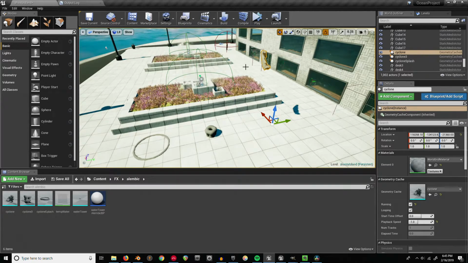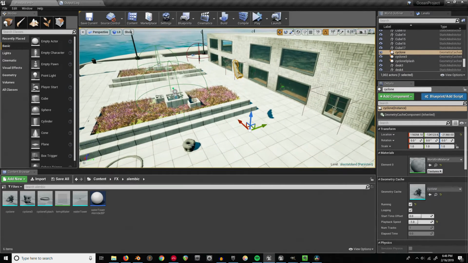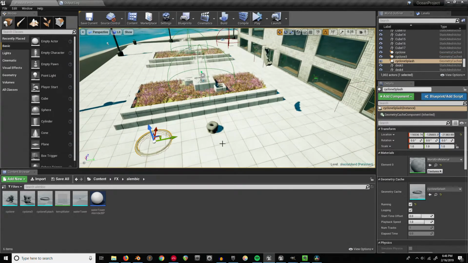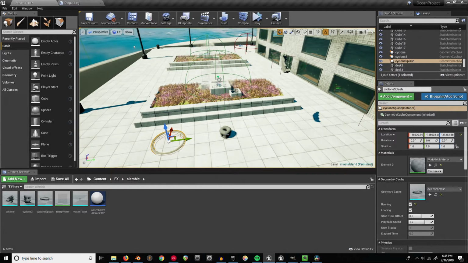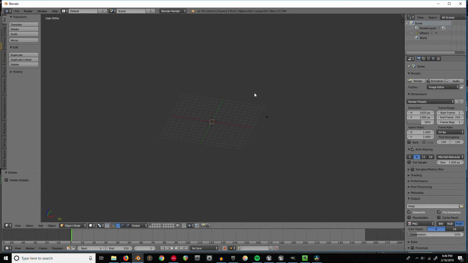For the cyclone effect, I used an Alembic file, which is something that's semi-recently gotten support in Unreal. It's just like an animation, but instead of with a skeleton, it's an animation of every single vertex in an object. First, I made the Alembic effect in Blender,